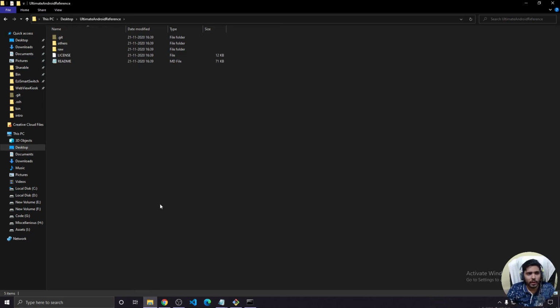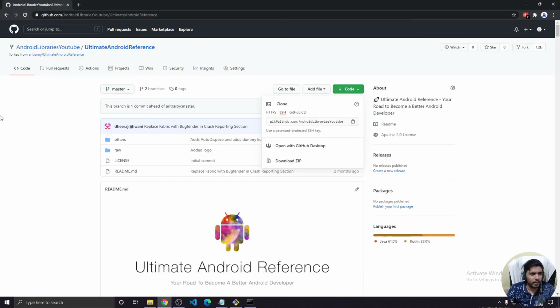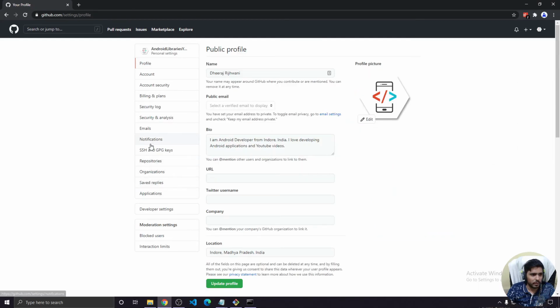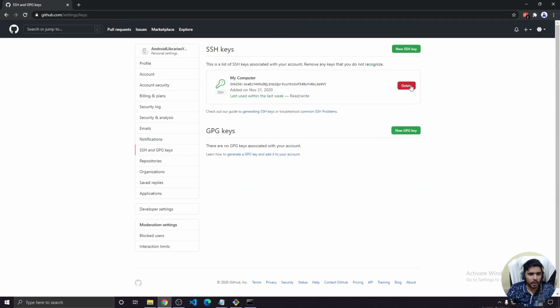So in that way you can add multiple SSH keys, as many as you want. You can control GitHub, GitLab, Bitbucket accounts very easily. Okay, so if you now want to delete the key, just go to the settings and SSH and GPG keys and you can delete that, and it will also show you the last use and the edit date.